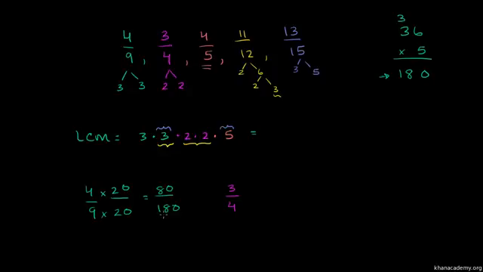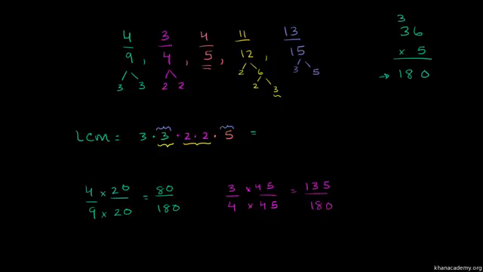So it looks like 45. You could divide 4 into 180 to figure that out. But if you take 4 times 45, 4 times 40 is 160. 4 times 5 is 20. You add them up, you get 180. So if you multiply the denominator by 45, you also have to multiply the numerator by 45. 3 times 45 is 120 plus 15, so it's 135. 135, and the denominator here is